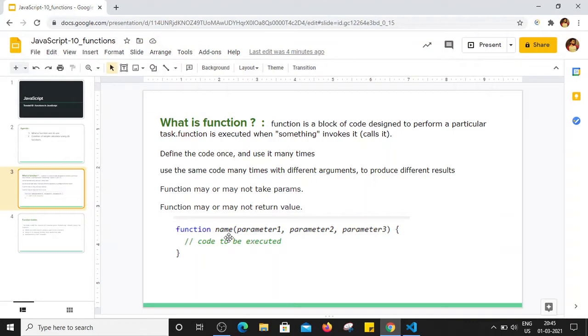We will see some more practical examples of functions. So basically, to understand, a function is a block of code that can be written only once, and we can reuse that code multiple times whenever we call or invoke that function, right? So that is the main benefit of a function. We can write it only once and use it multiple times whenever needed.